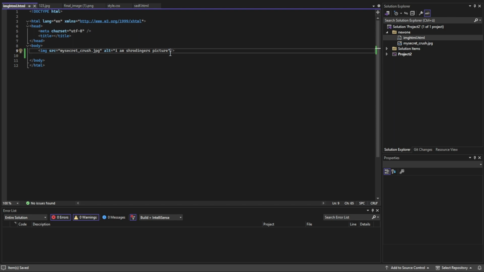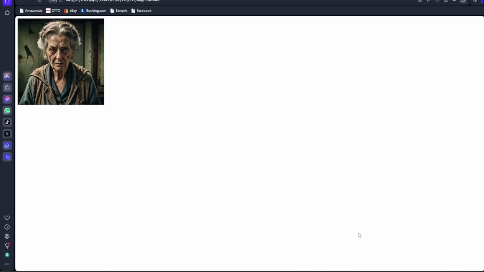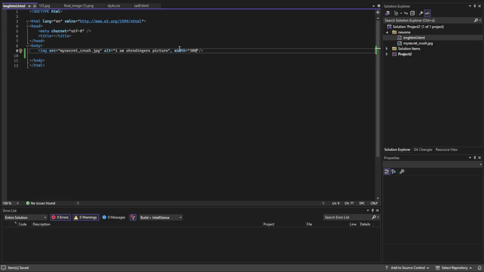We can also have parameters width and height. If we only alter the width or the height without the other one, the entire image will be resized. I can show you that. So now, if you see here, it's just made smaller. Same goes for height.